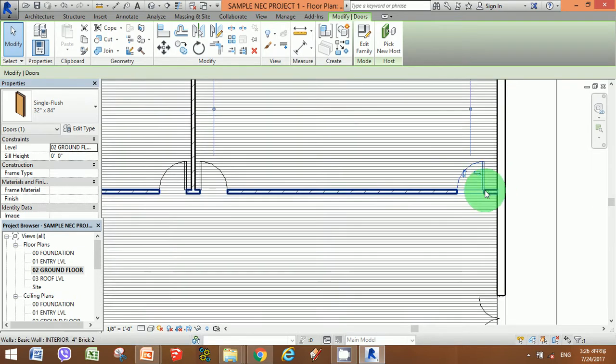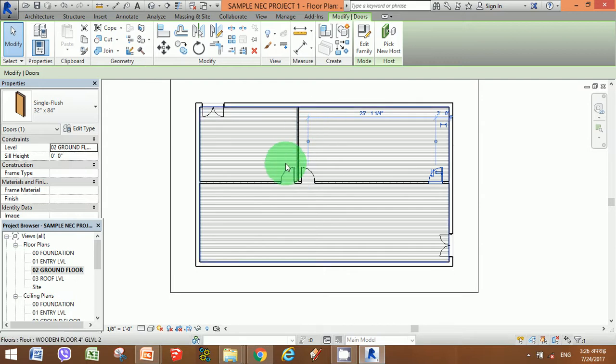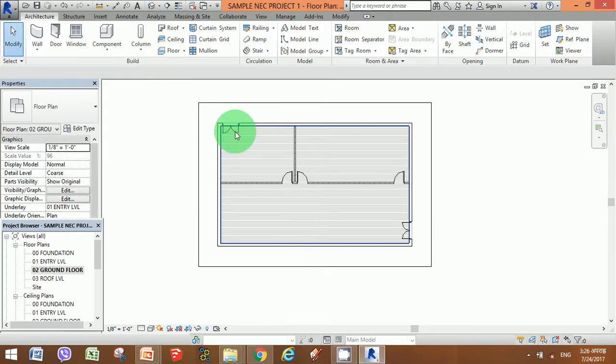You could move the door, and you need not worry about the trimming and things like that, because since it is a building information modeling software, the updating of the trimming and extruding of the doors, extruding of the walls, everything would be incorporated along with your dimensioning, along with your designing. So whatever you design, it would always be updated in this 3D model.